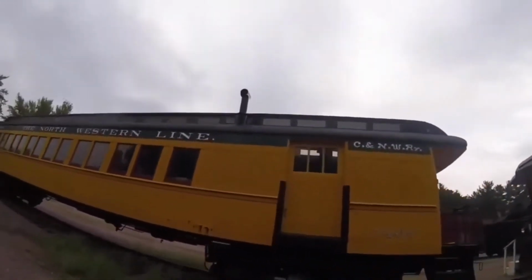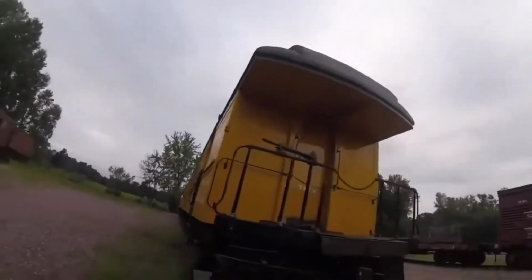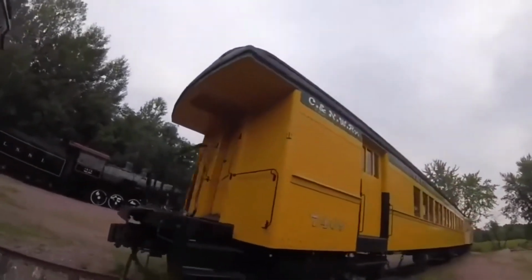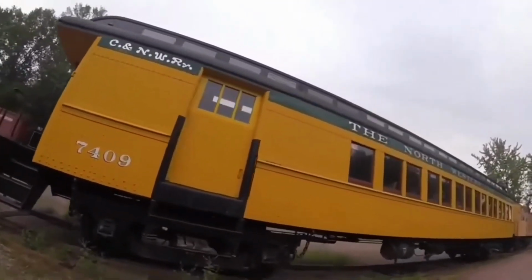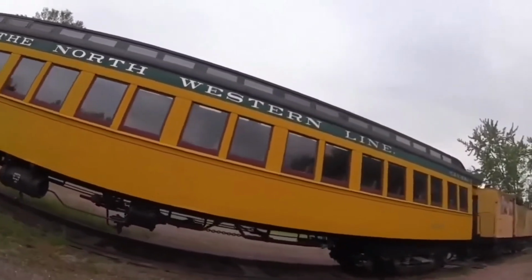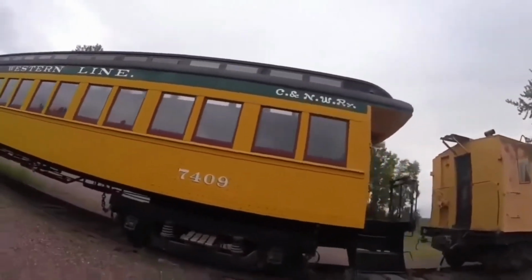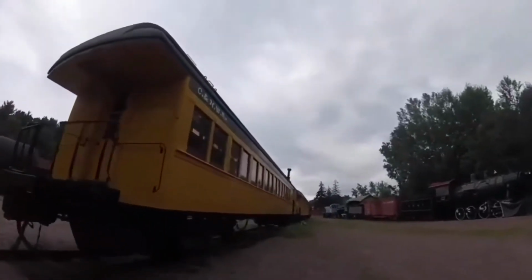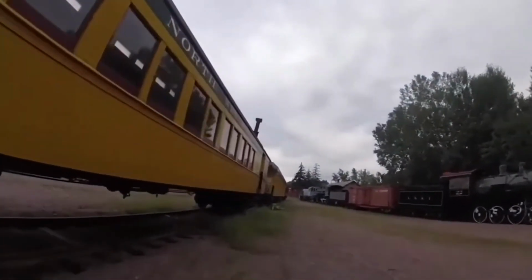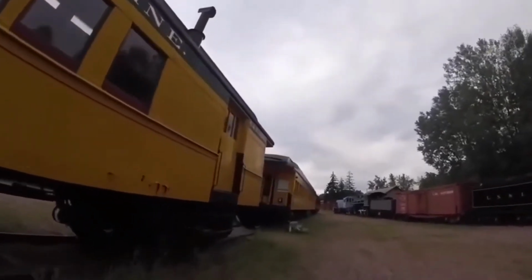Then the car was retired, and in 1962 it was sold to the Empire State Railway Museum in New York State. Then it was used on the Essex Steam Train and Riverboat in Essex, Connecticut. Then in 1990 it was deemed surplus and put up for sale, and early that year was sold to the Mid-Continent Railway Museum in North Freedom, Wisconsin, and also it can even be seen on the passenger train and people riding on board it while visiting